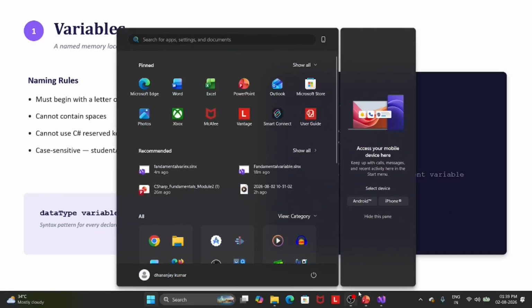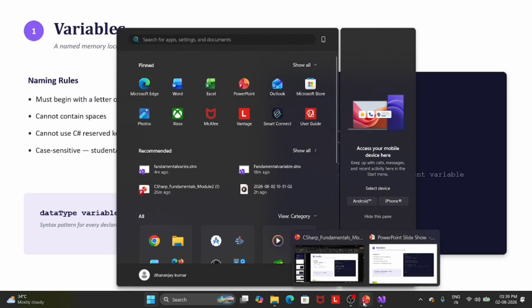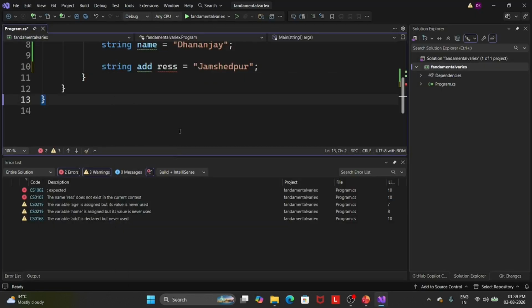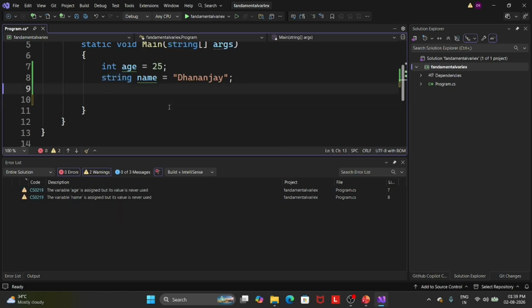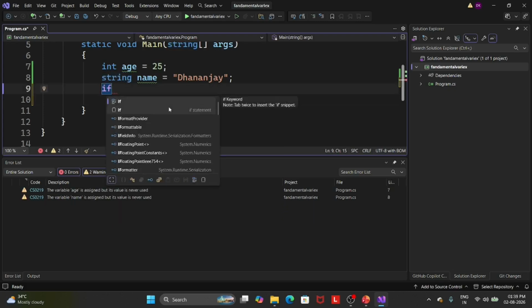A variable name cannot be declared using a reserved keyword. The system gives errors. Like I have a reserved keyword, if.